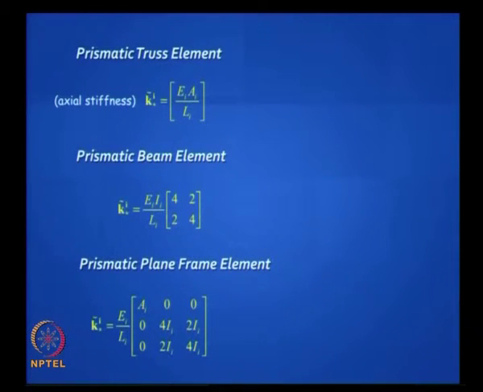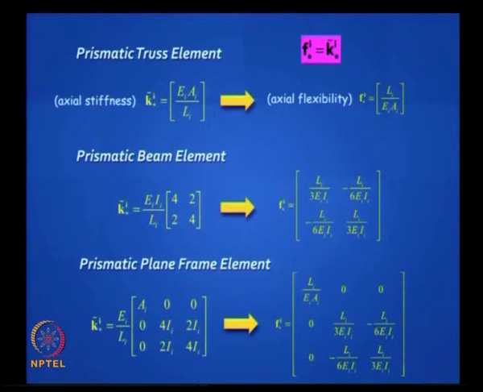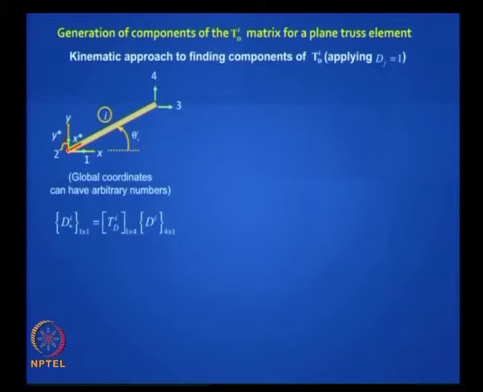So if you want to put it all together, these are the 3 values for stiffnesses and these are the 3 values for flexibility. Very easy, and you have already learnt this, and manually you can do this, but you should also know the other one. How do I generate the components of this matrix for a plane truss element? I'll end with this definition. Okay, so let's take a truss element like that. How do I get the TD matrix for this truss element?